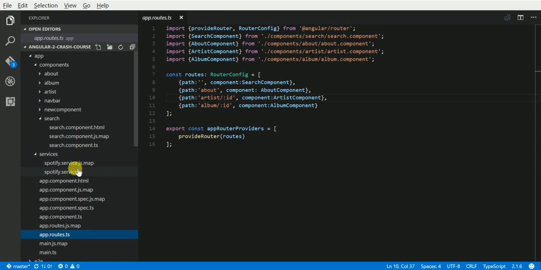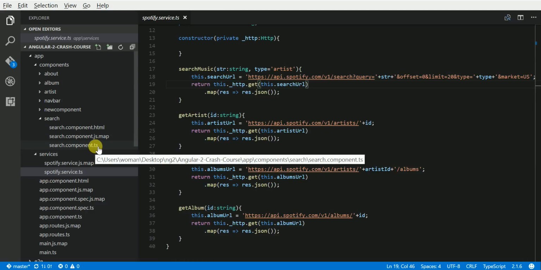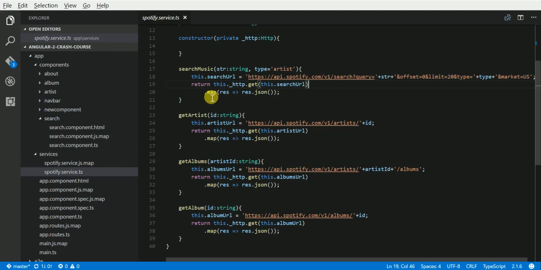Let's have a quick look at it. Spotify.service.ts. It's searchMusic. What it does is it's making a GET request. http.get this.searchUrl. We're making a GET request to Spotify, and we're saying to them, hey Spotify, look through your database for an artist called AC, and see if there's anything similar to that. And Spotify says, yeah, no problemo muchacho, I'll send it right back to you. It does it through the .map